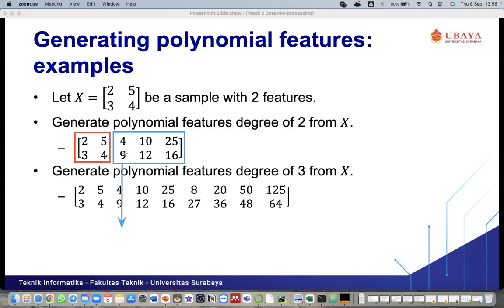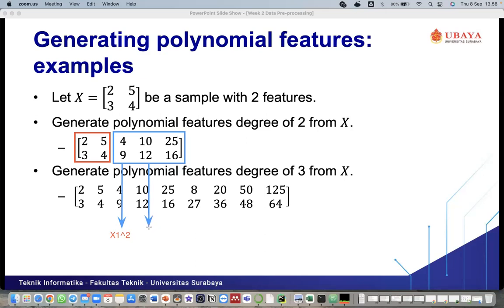So this one is generated from the square of our first attribute. Okay, so I will give the notation here, x1 square. What about the next attributes? What do you think?